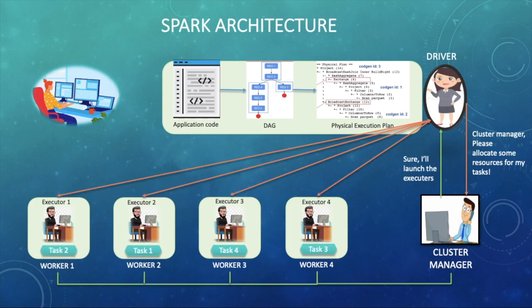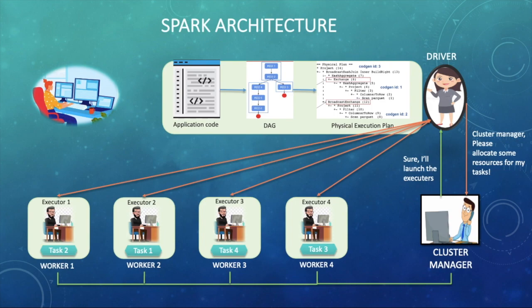Now the driver will send the tasks to the executors based on the data placement. When executors start, they register themselves with the driver so that the driver has a holistic view of all the executors and their health. So the driver will have a complete view of executors that are executing the tasks. When executors have run the tasks, they send the results to the driver. After all the data processing is done and when the driver program's main method exits or when it calls the stop method of the Spark context, it will terminate all the executors and release the resources from the cluster manager.